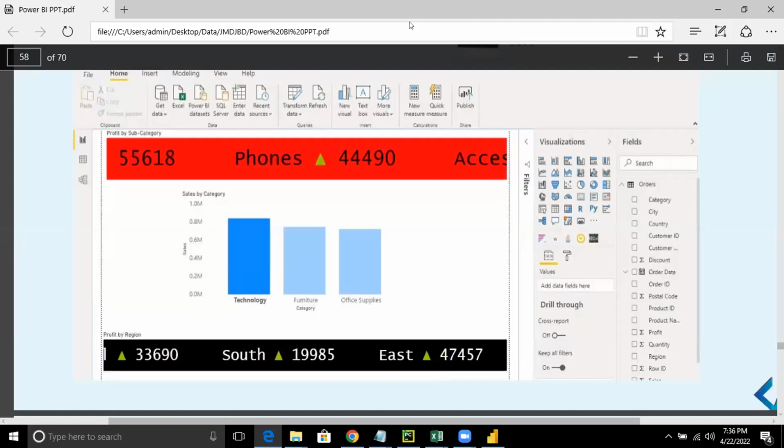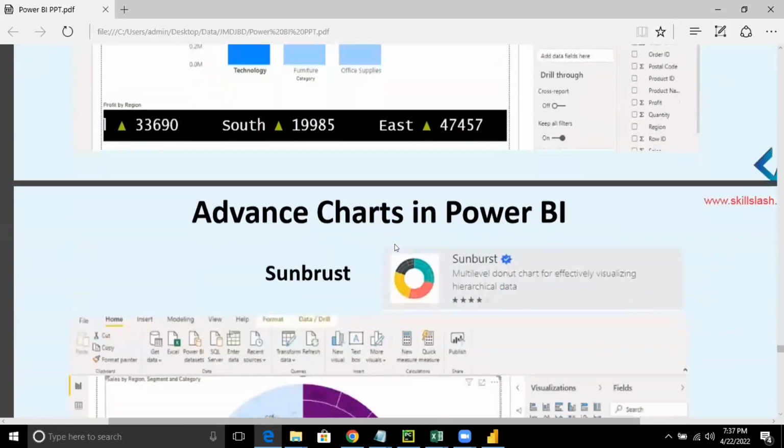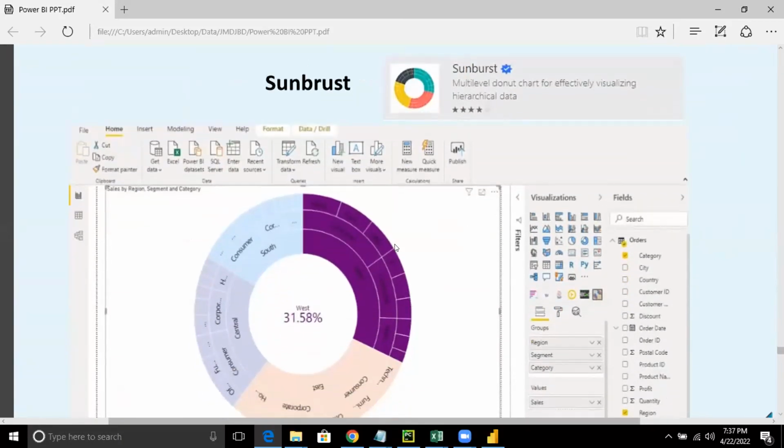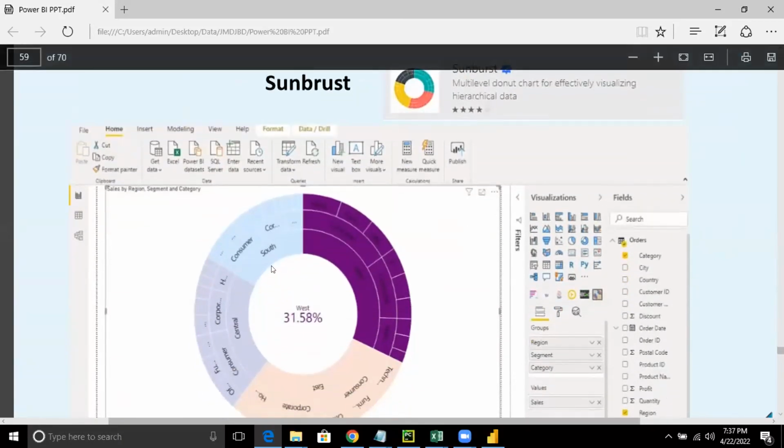In the next graph, as you can all see, this option is clear now. Within the south, you've got consumer and corporate.